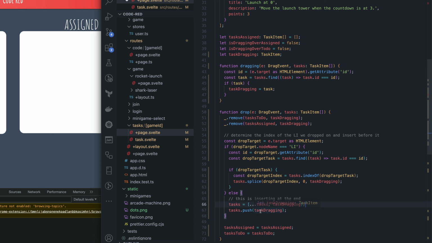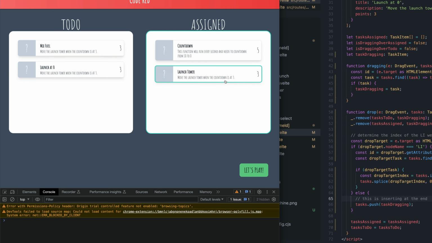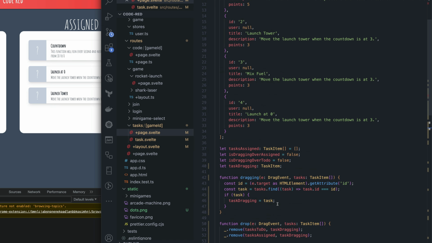I know that this almost seems like it's the same thing, but it's not. This is redefining this local one, and this is taking this reference to tasks and pushing something onto it. We're not redefining it anywhere. So that would affect it correctly now. So if I refresh that, and now I can bring countdown over and it works, and I can bring launch tower over and it works, and I can rearrange them or put launch at 0 over there, right? So now it all works again with one single function, and it's way cleaner now,